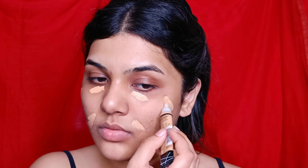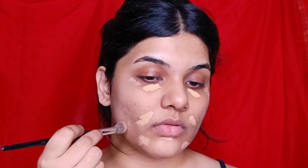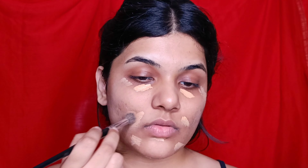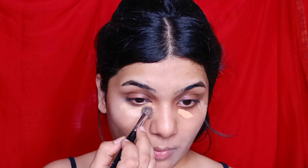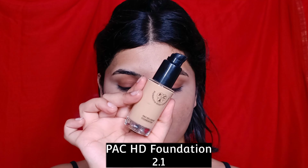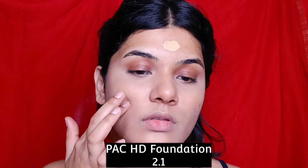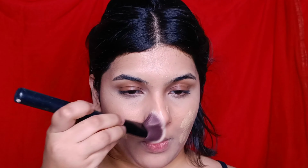Basically, I'm color correcting my face before I move on to foundation. So that's what I'm doing. Now I'm going to blend this concealer using my PAC concealer brush. So basically, Draupadi has a very matte and flawless base going on in the serial. So I'm using my PAC foundation in 2.1 next up, and I'm using very light coverage,